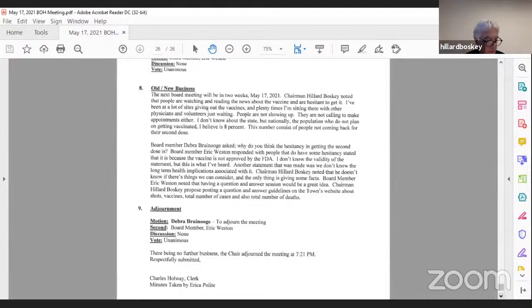We can make a motion on approving these. Oh, come on, somebody go for it. I move we approve the minutes with those changes that Hillard suggested. Deborah, thank you. Someone second the motion. Second. Hey, we got one. That's great. Thank you. Okay, all in favor, just raise your hand and say aye. Aye. It looks like at least the majority. It's unanimous. Charlie has his hand raised. No, I abstained. I wasn't present.